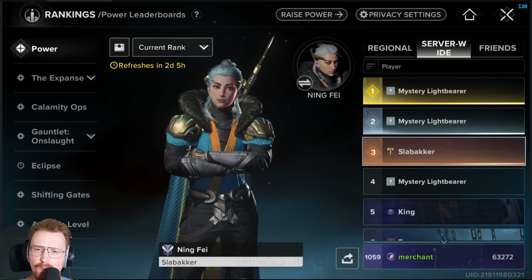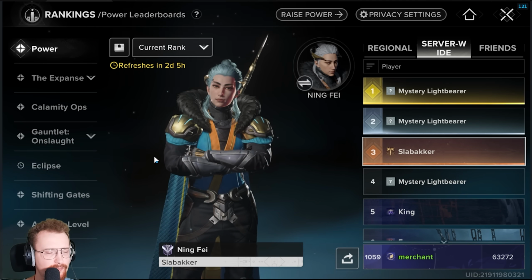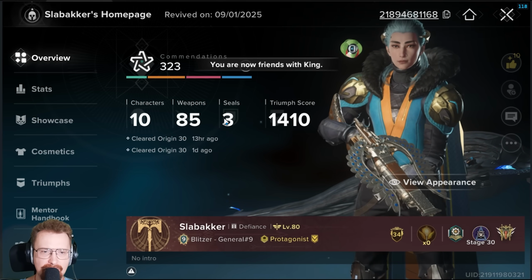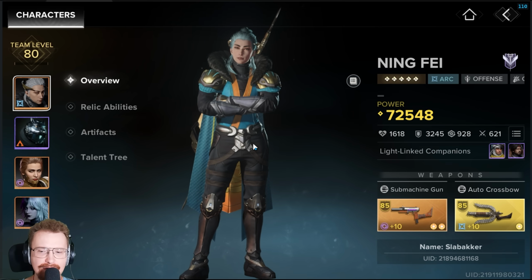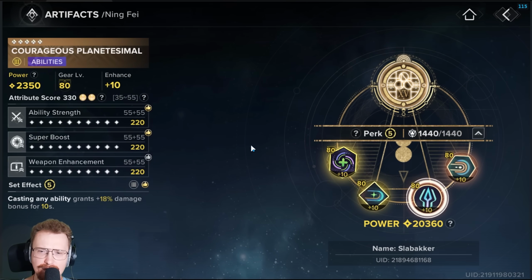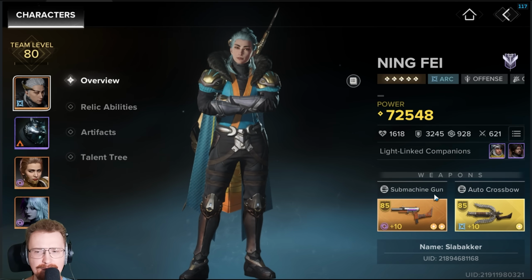Obviously, he's still not the number 1 on the leaderboard. I'd love to know who this mystery light bearer is and who's on the NA leaderboards as well. But this is the number 1 public character showcase that I can look at. And it's everything that I expected, although there were some surprises, for example, with the artifacts. And overall, the fact that the way he's built it is...